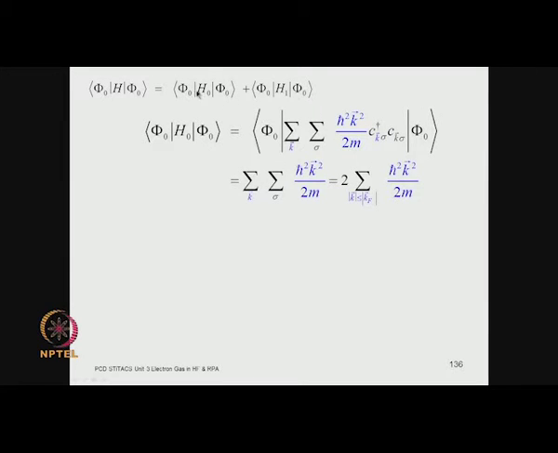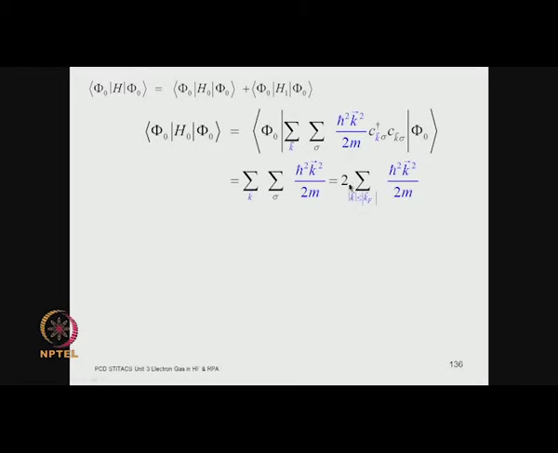So, the first term is easy to evaluate because the kinetic energy part of the Hamiltonian is just the sum over k and sigma. So, you get the kinetic energy of each particle, right, but then you have to sum over sigma as well. So, you will get a factor of 2 because this term is independent of spin. So, both spin up and spin down will give you the same contribution. So, when you sum over sigma as well as sum over k, you get a factor of 2, but then